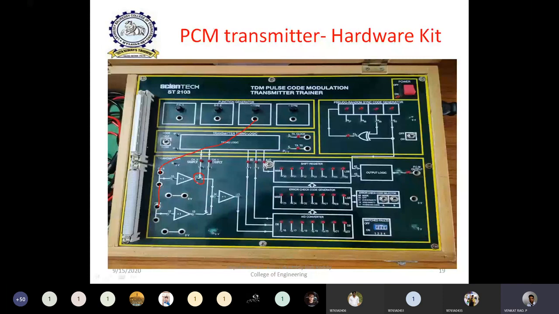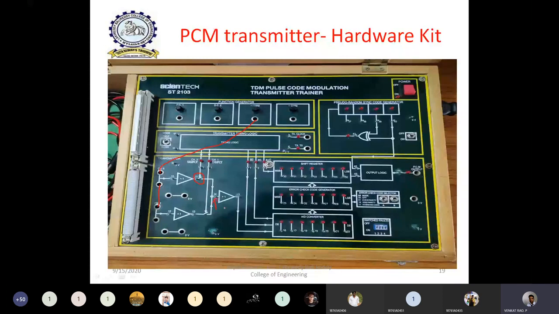Based on this switching operation, the analog signal is sampled at the clock pulse sampling rate. When the switch is open, no signal is transmitted. When the switch is closed, only the sample of the signal at that particular instant is transmitted. Like that, after this point, the sampled signal is obtained at this particular pin. Similarly, if you connect another signal, its sampled signal comes at this point. So finally, at this particular point, the sampled signal is obtained.